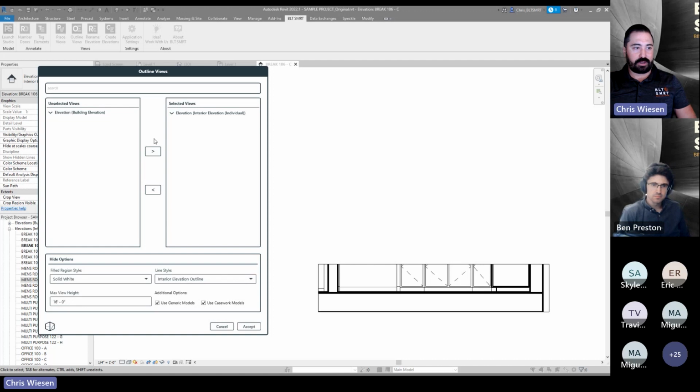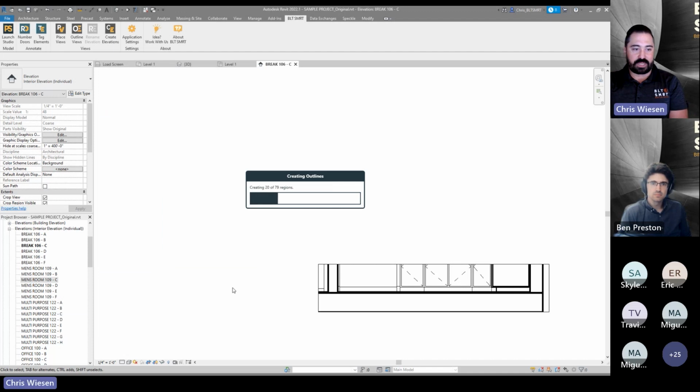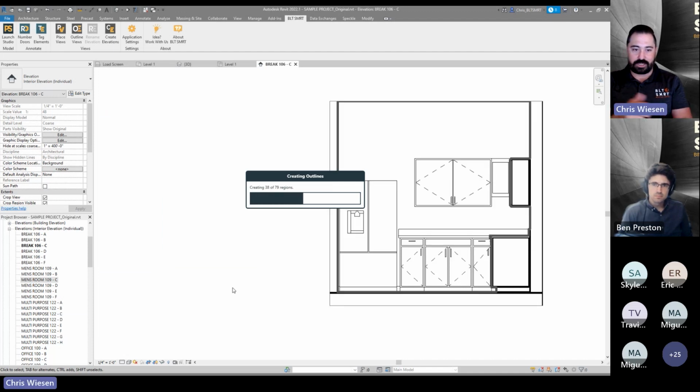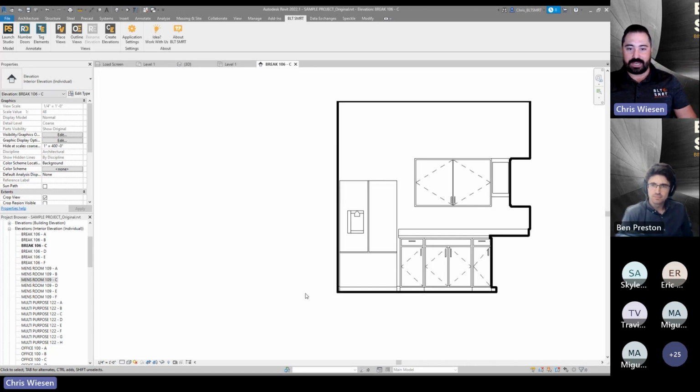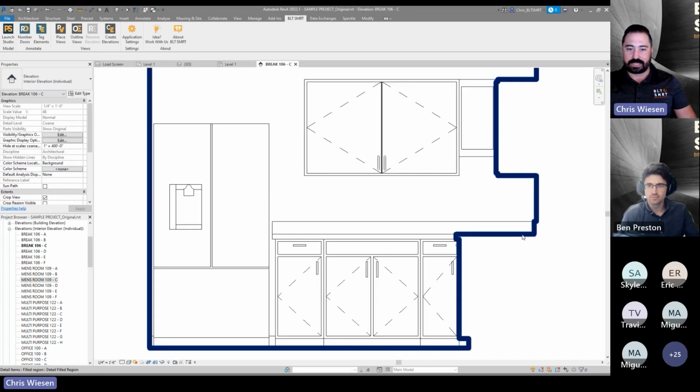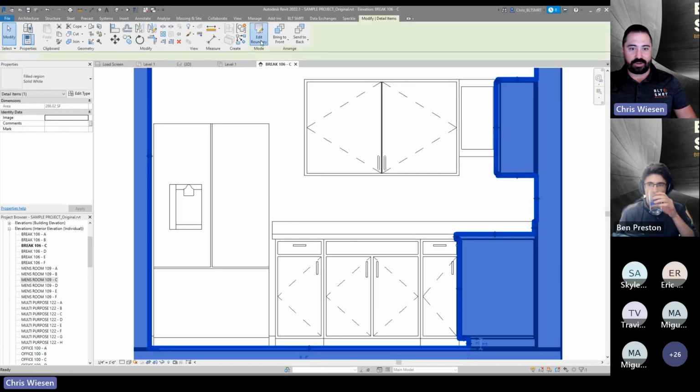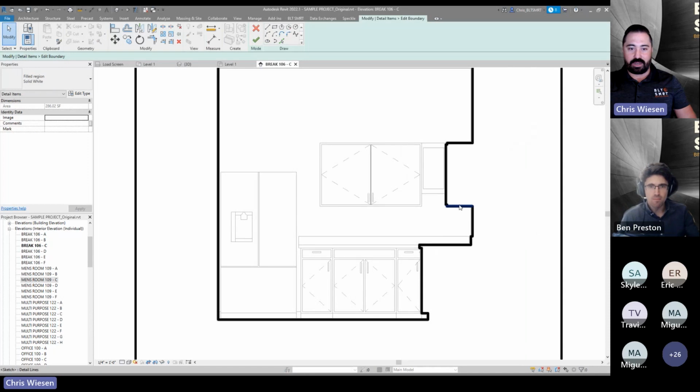So now I'll run this on all of those views. We have about 70 views that we'll be outlining, and I'll just hit accept. So we have 79 regions. Currently, as you can see, it adjusted the clipping region, the crop region. And once it finishes loading, you'll see how it already went through and created this line work all the way around here. So if I go to edit boundary,